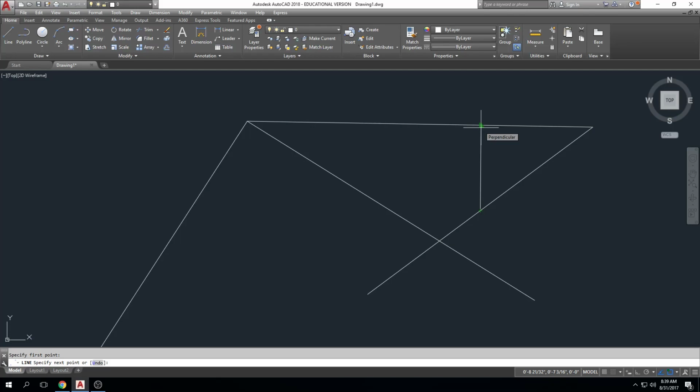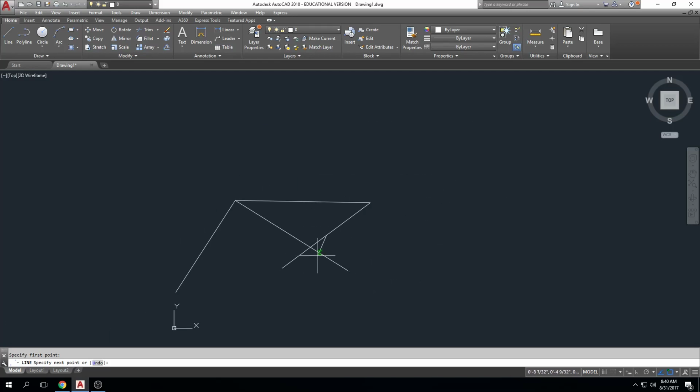So that line is exactly from this point to this point, it's perpendicular. Okay, so that's a straight line. Nearest, nearest, nearest, midpoint, nearest, nearest, nearest, endpoint. Okay. Now you saw something happen when I was drawing where I said, hey, I want to grab the midpoint,